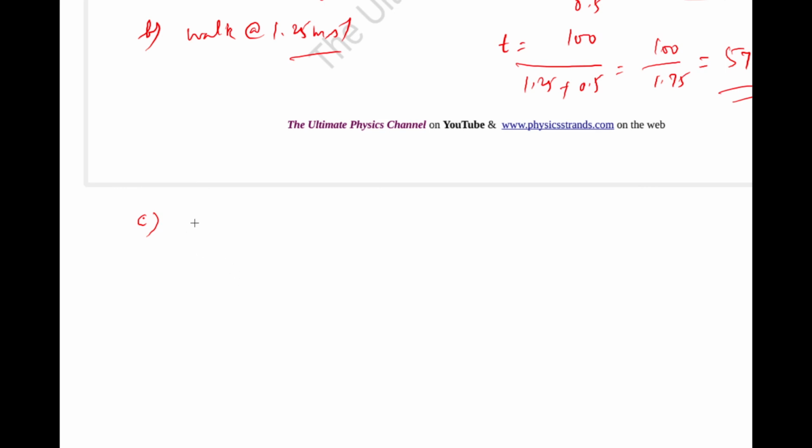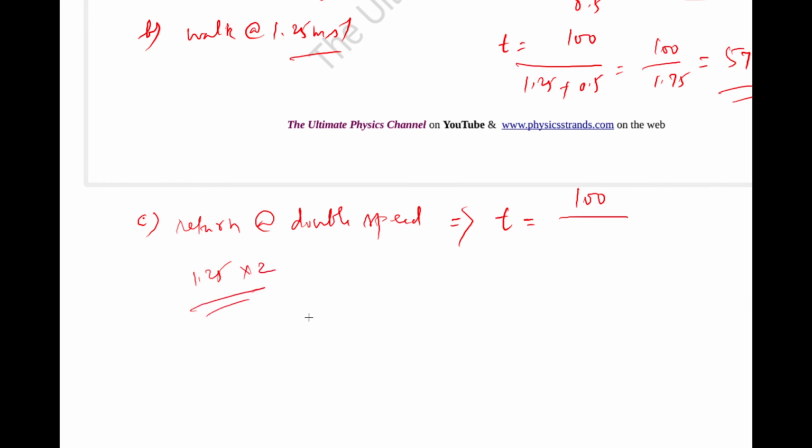So now what is the time? So now return at double the speed, so to say. So t is equal to, the distance is again the same 100, but now she walks at 2.5, because earlier her velocity was 1.25. Now she is doubling her speed, that is 2.5 meters per second, and of course plus the sidewalk is